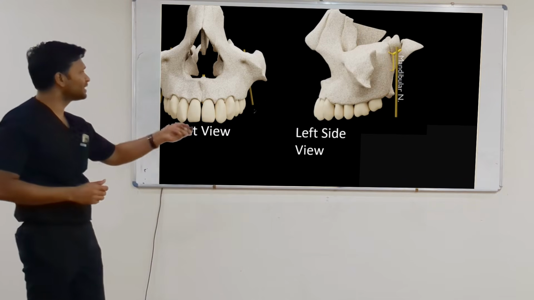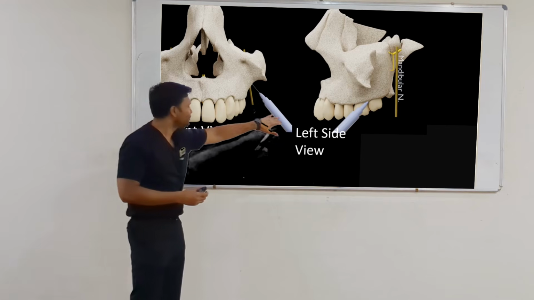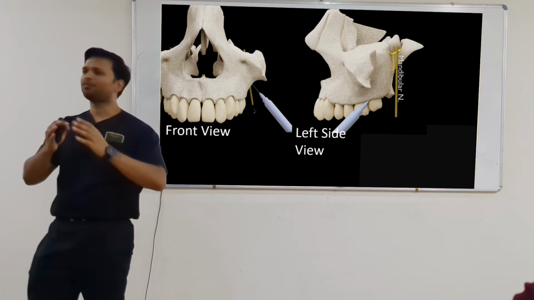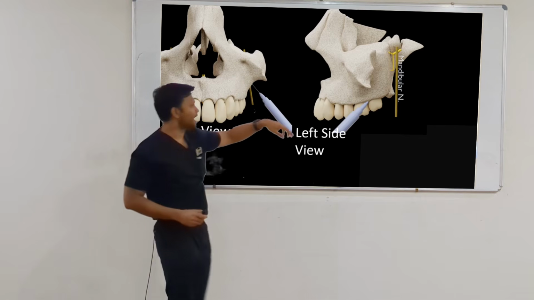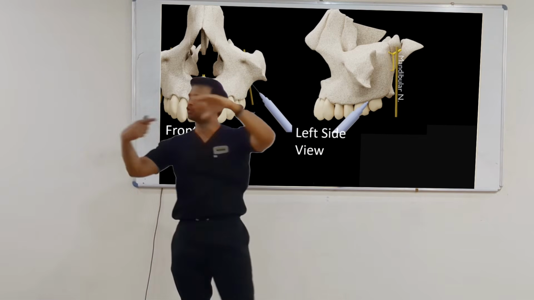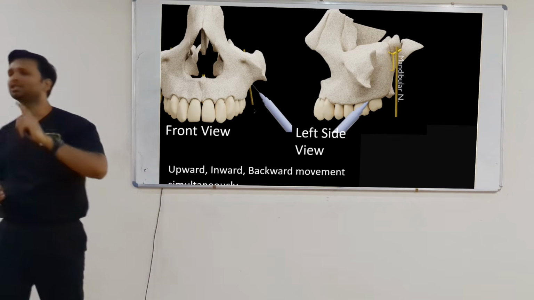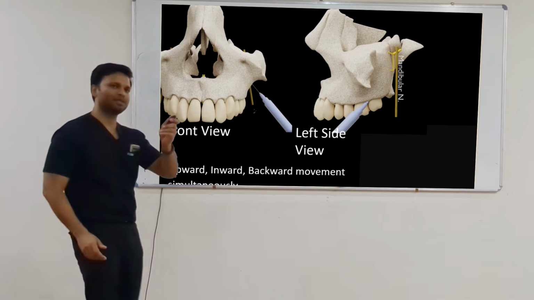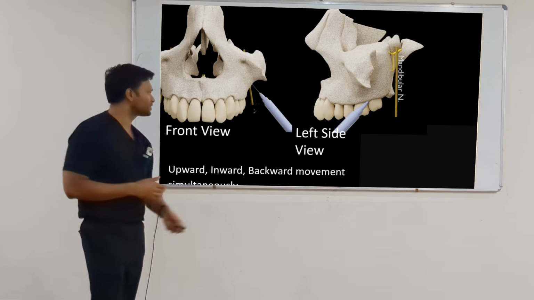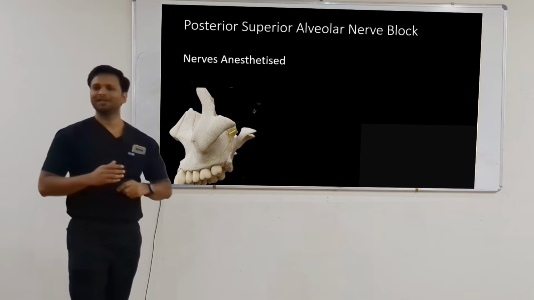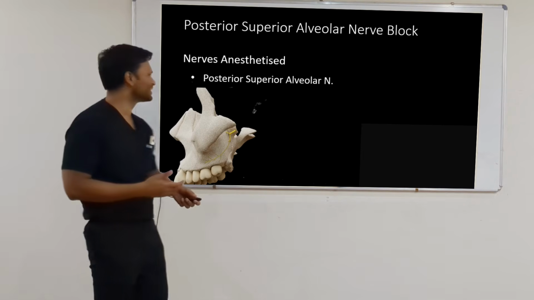Okay, now let's see the lateral view. The same thing, just from the lateral view. Can you see this? Now, if you see this, this is at a 45-degree angulation, upward, inward, and backward. Okay, if you see, it is going inward also, it is going upward also, and if you view from this, it is going backward also. जबकि motion एक ही दिया है मैंने, right? So it is upward, inward, backward movement in one single motion. Simultaneously तीनों करना. ऐसा नहीं करना. You went upward, then you change the direction, you are making the needle prone to a needle fracture. वो नहीं करना है. Okay? Remember this. This is very important. So what is the nerve anesthetized in PSA nerve block, posterior superior alveolar nerve block? PSA nerve. Common sense. Okay?